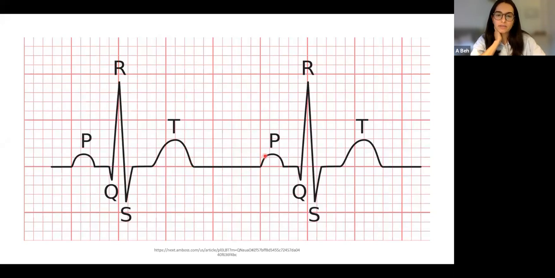So we have the P wave, the contraction of the atria, the QRS complex, which is the contraction of the ventricles, and then afterwards, we have the T wave, which is the repolarization of the ventricles. So this is in a healthy patient. And we always see the P wave, and this is called sinus rhythm, because whenever we see a P wave, we know that the atria are contracting in a nice way, and we have the sinoatrial node, which is located in the atria. So it's a nice and healthy rhythm. It's sinus rhythm in our patient. Now,